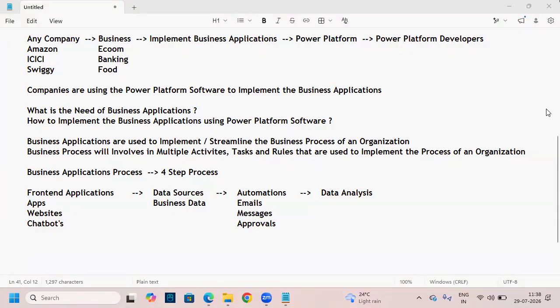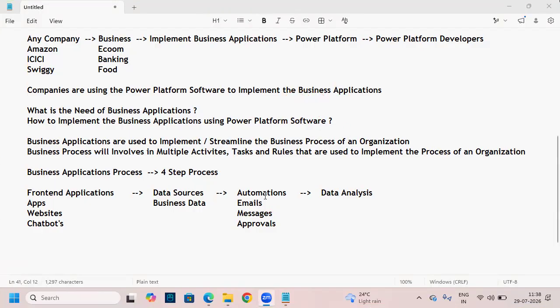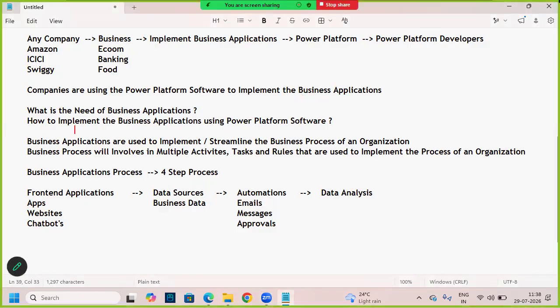Now, why is Swiggy sending the emails to the customers automatically? Why are they not using humans to send the emails? Because there are two major reasons, guys. There are a lot of reasons, but let me explain two major ones. Why Swiggy is sending the emails automatically to the customers is because, let us assume, in the Swiggy app,